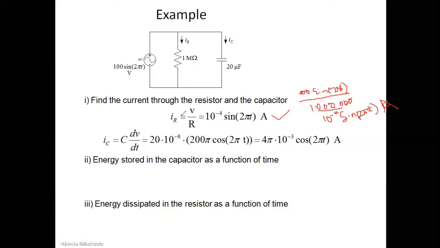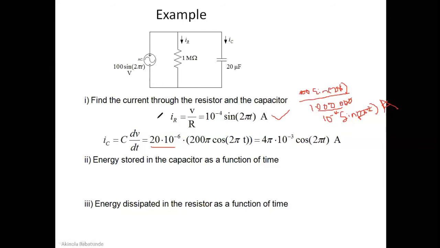Also, we are expected to find the current flowing through the capacitor. So we do know that the current flowing through a capacitor is IC equal to C dV/dt from our previous studies. So we know our C to be 20 microfarad. Micro means 10 raised to power minus 6. So you have 20 times 10 raised to power minus 6. This is C. dV/dt will be obtained by, since we know our V is 100 sine 2 pi t, differentiating, finding the derivative of